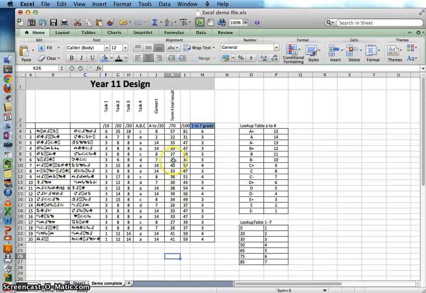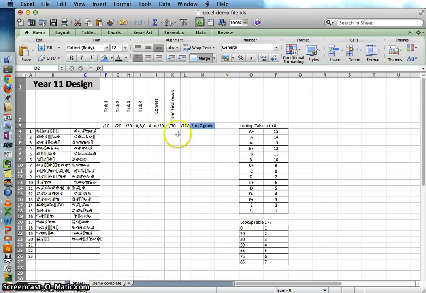The reason that I've included this one is because I've got some formulas in here that I'm about to help you with, and when you watch this video you can use this file and you can practice it on this page here. Just before we start, I'll just show you that I've got a couple of cells here that are hidden,